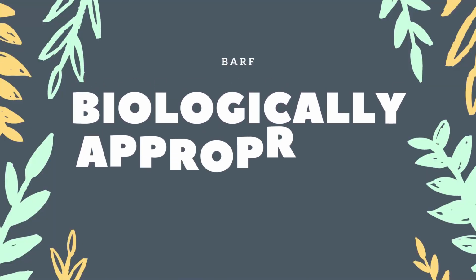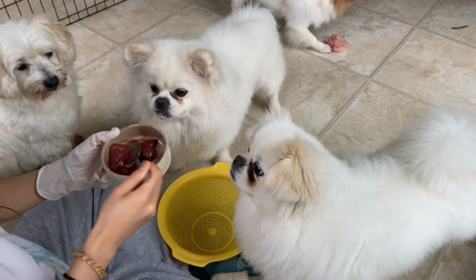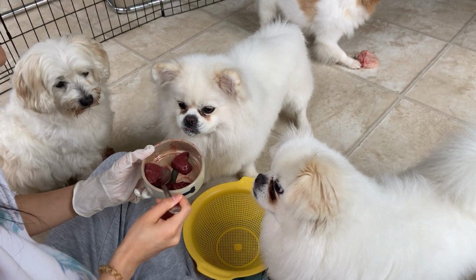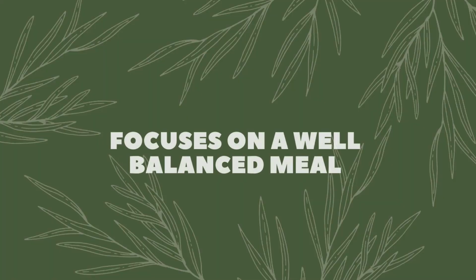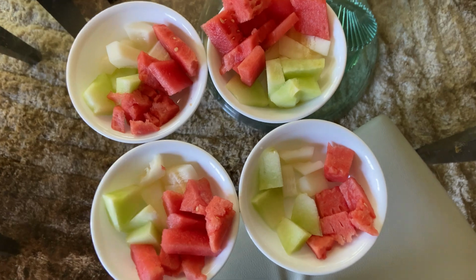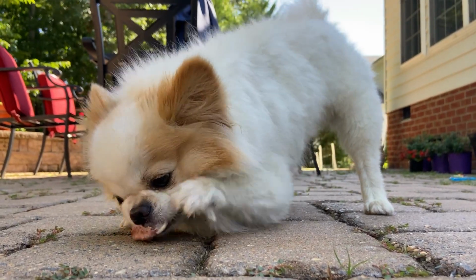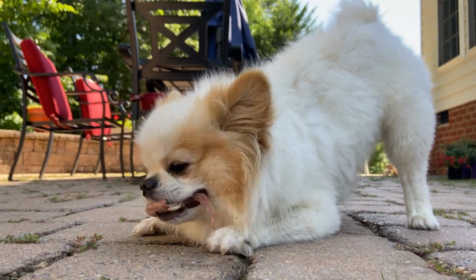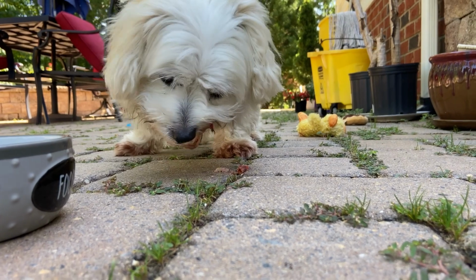Alright, so let's move on to the BARF diet. This diet includes muscle meat, raw bones, organs, vegetables and fruits, and supplements. It seems like the BARF diet includes literally everything to make a perfect and balanced meal for your dogs, right? For the BARF diet, whole prey meat and bones, providing large amounts of natural glucosamine, chondroitin, and calcium for your dogs, is really important. In addition, embedded proteins and fat in meat and bones enhance the immune system and promote